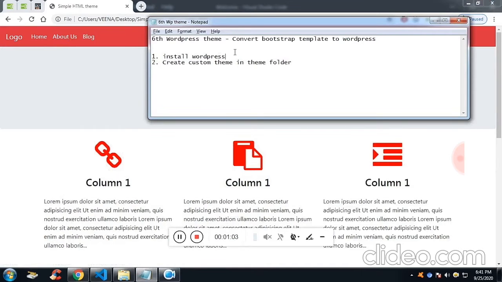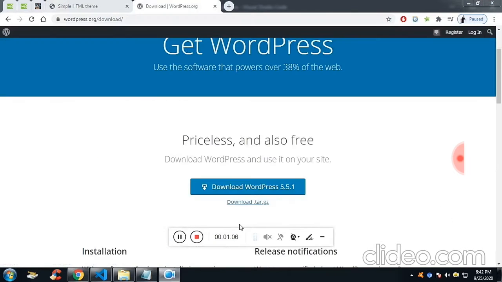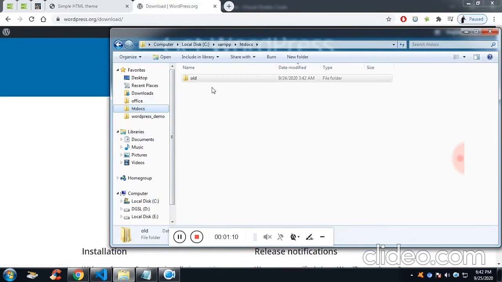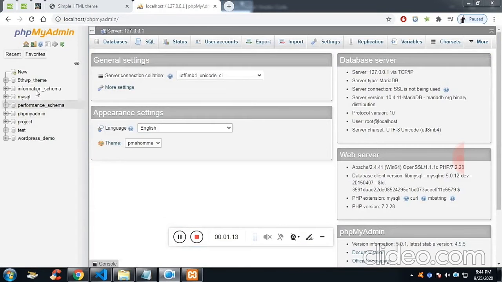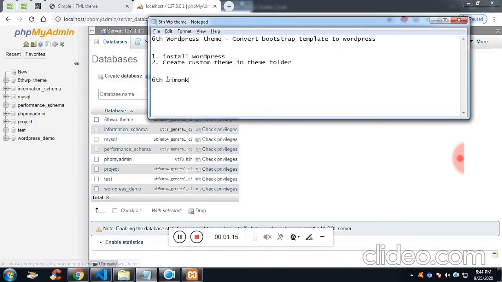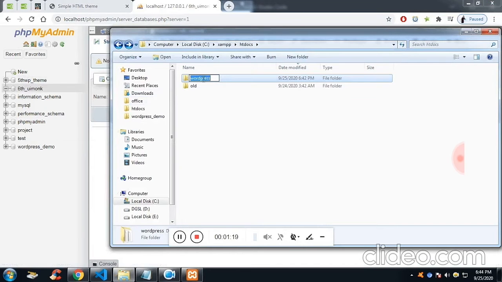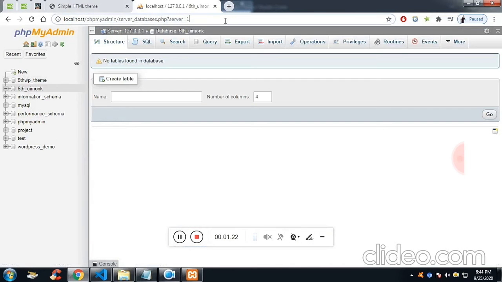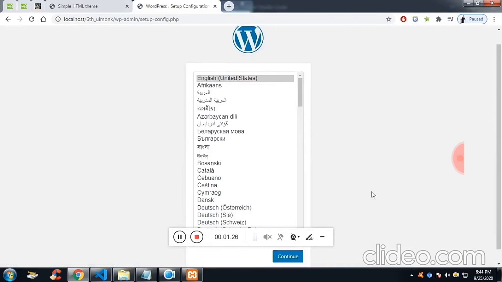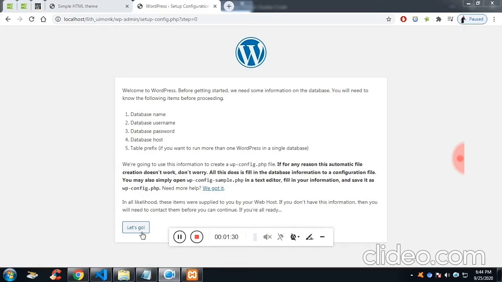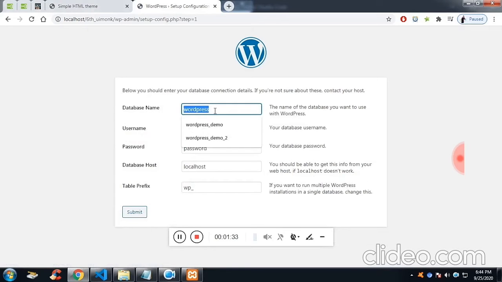Fine, let's install the WordPress, which is the latest version 5.5.1, and I have installed it on my htdocs. And if I rename it, it will be my project name. So let me create a database. So this is our database name. I'm going to name the same for my WordPress folder. Click on continue, and now let's give the credential about the database. Username is root and the password is nothing,